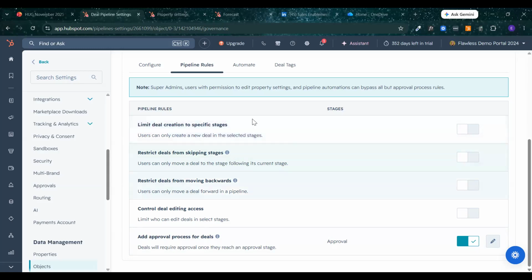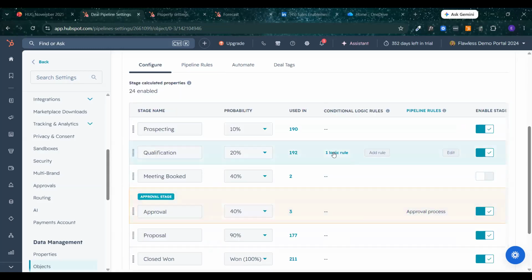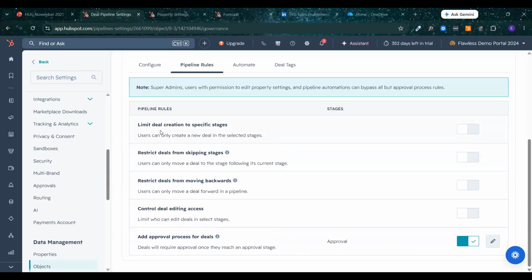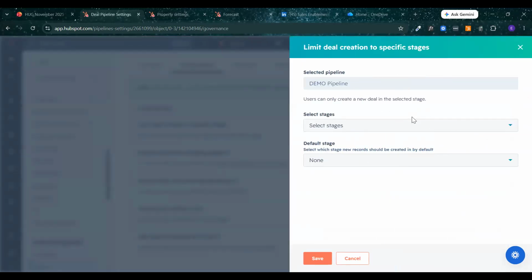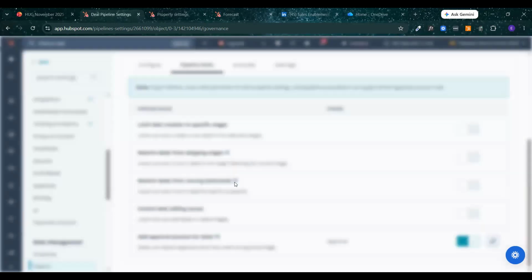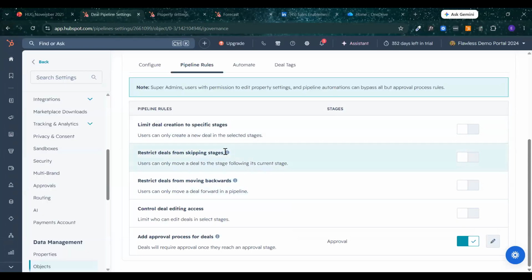That's because I have set up custom rules in here of fields they need to enter. If they, for example, create a deal in the meeting booked stage, then they've already skipped this, and this information won't be entered. So if you want them to go through a set of required fields, you need to turn on limit to specific stages in order to make that happen. We've got restrict from skipping. Can they not?